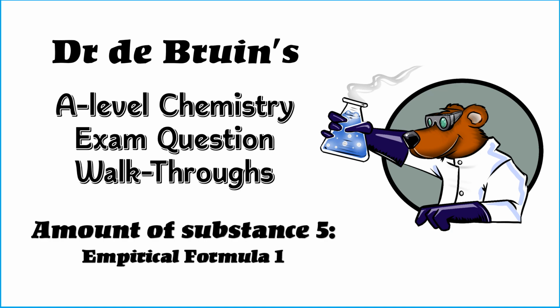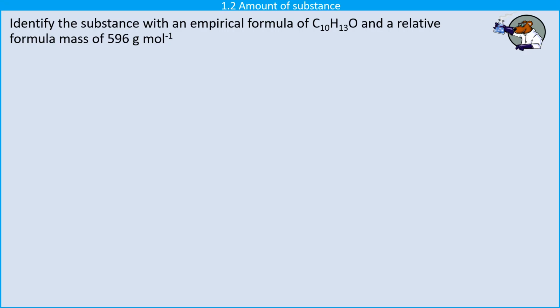Let's get started. This question would probably come up as the second part of an extended question, where in the first part you've been given some maths data and asked to work out the empirical formula of this carbohydrate. So now we're being given the relative formula mass and asked to use that with our answer to part one, although here I've just given you the empirical formula, and use those together to work out the identity of this substance. So the first thing that I need to do is to look at that empirical formula and pretend to